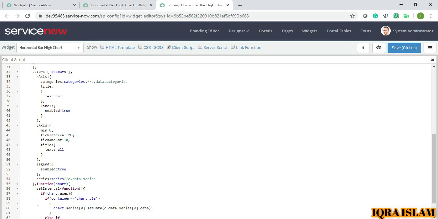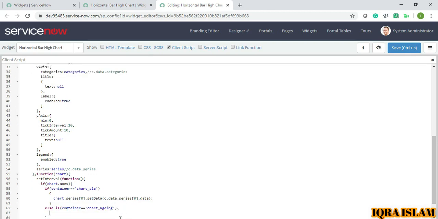Now else if, so I'll just copy, and instead of chart SLA I will write chart aging, which was given by me in HTML as well as in the client script above. Same thing will be there, it's just instead of data.series I will give pause_series here.